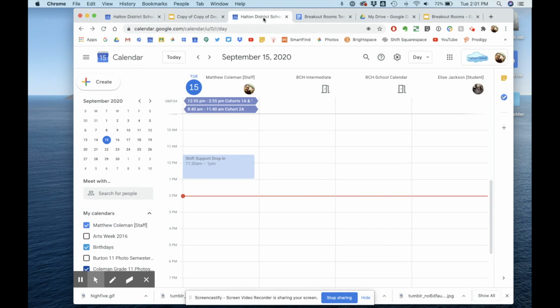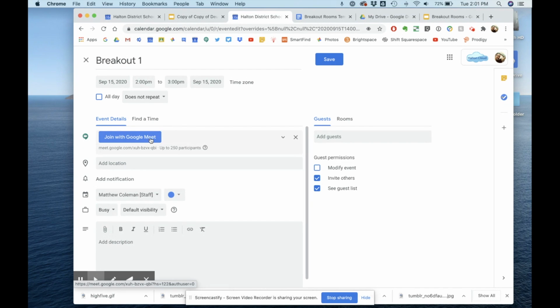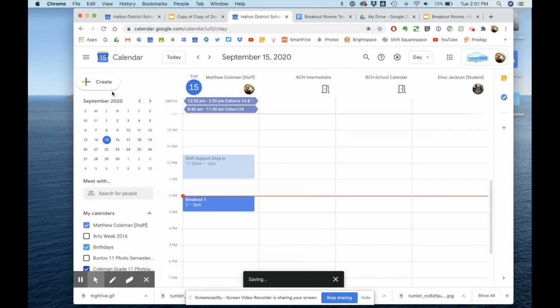So if you go over to your Google Calendar and start to make some new entries, I'm going to make breakout room number 1 and then add Google Meet conferencing. You're generating a link here that you can then use to link your breakout room. All right, so I'm going to make breakout room number 1,